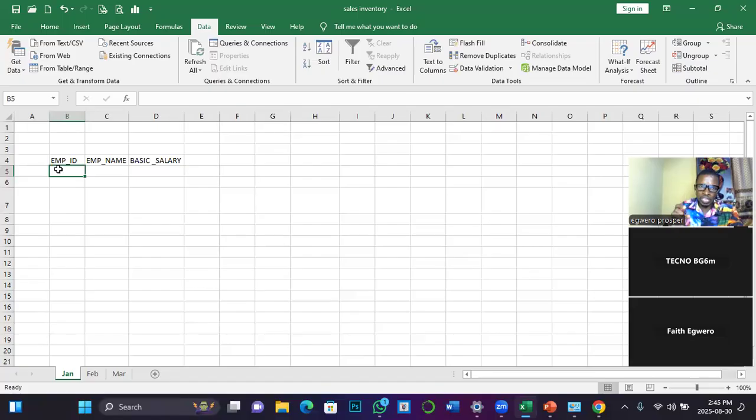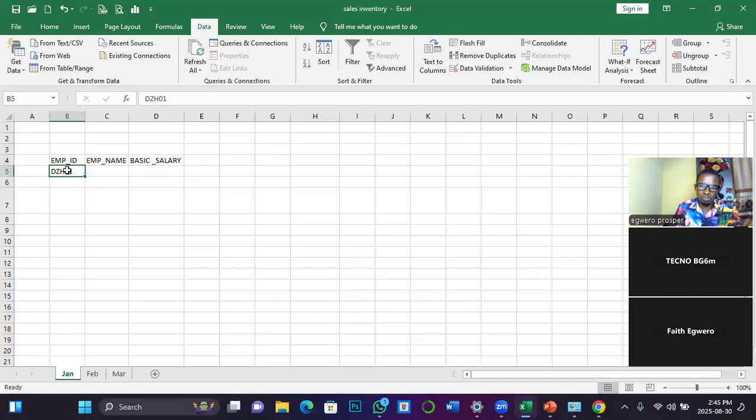So let me create some automatic ID for the employees. I want a unique ID. Okay, so the company name is Digital Z Hub. So I can say DZH, then 01. So the next employee will be 02. Now, let me show you how a cell will automatically create others after you have given it an example.